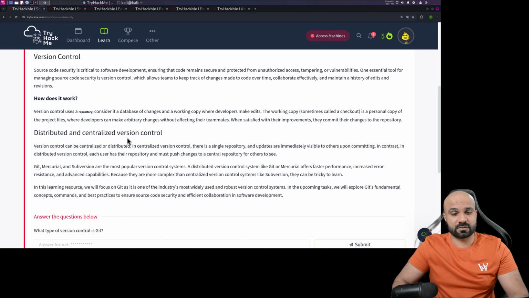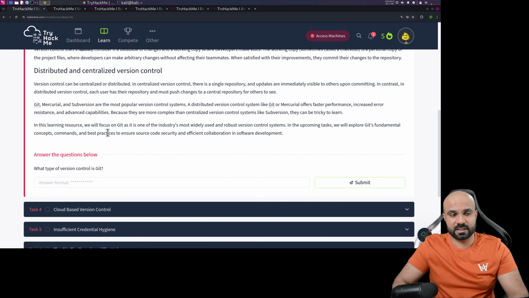Distributed and centralized version control. ये थोड़ा सा हमने कल टच किया था. Version control can be centralized and distributed. In centralized version control, there is a single repository. Updates are immediate, visible to others upon committing. In contrast, in distributed version control, each user has their repository and must post changes to the central repository for others to see. Git, Mercurial,